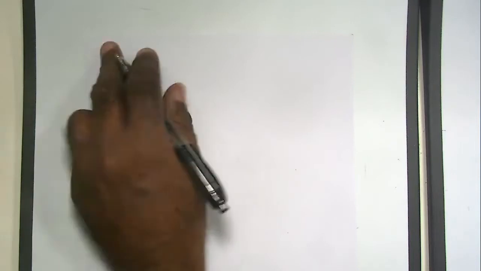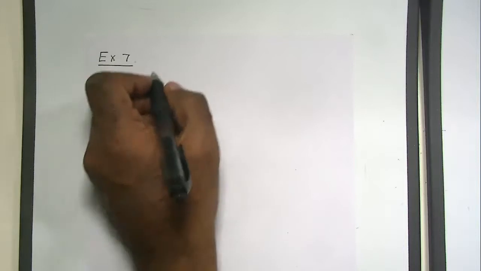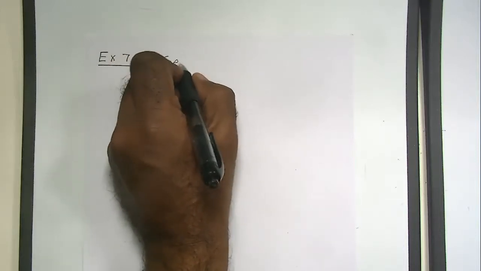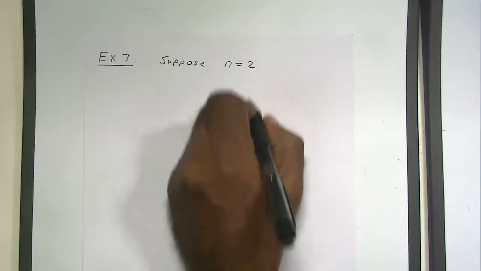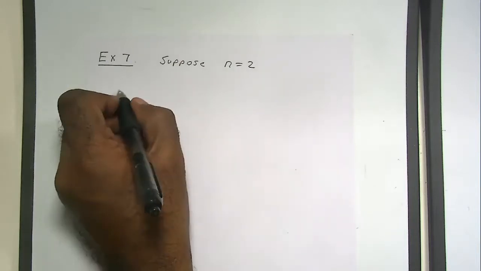This is easy when you have two functions. It's easy, but when you have n functions, it's more difficult. Let me do just an example. This is example 7. Suppose n is 2, right? In this case,